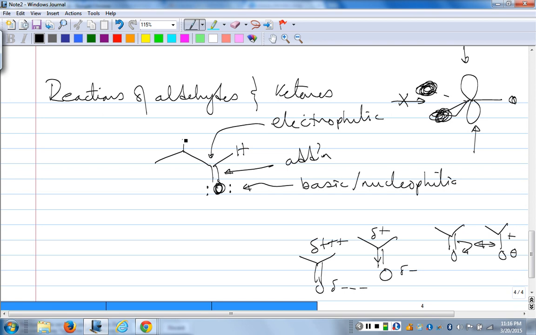It also turns out that H's that are alpha to the carbonyl carbon are unusually acidic. And normally CH acids are very weak, right? For example, alkynes are very weak acids, and you need a strong base like amide to pull those protons off. But these are pulled off by mild bases like hydroxide. And it appears odd that we can deprotonate these species